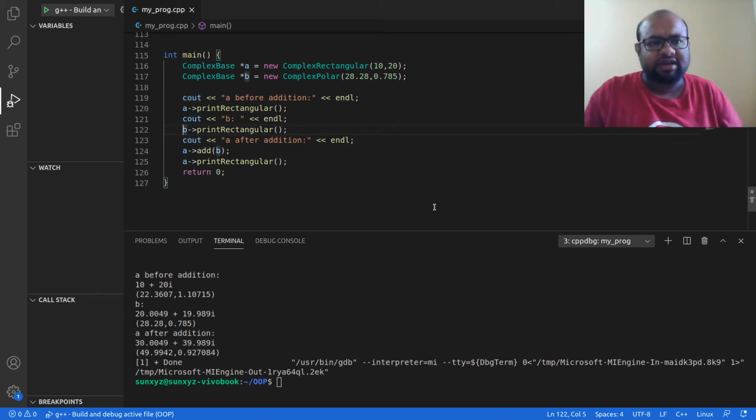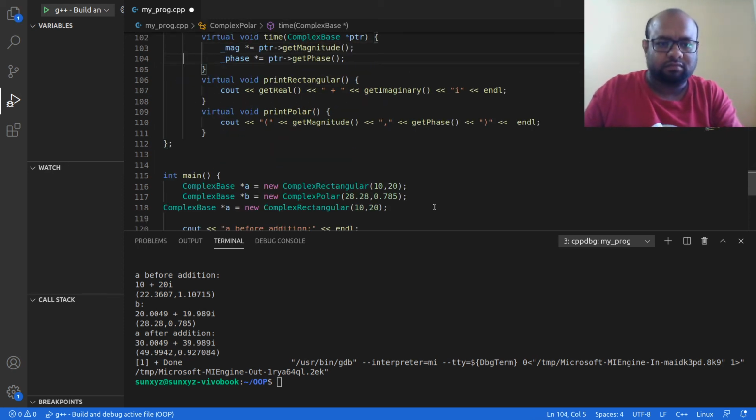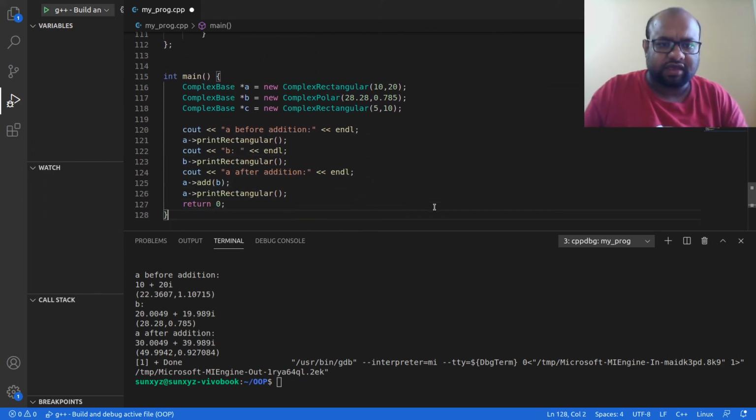Then let me create another complex number, C, equal to 5, 10. So I have A, I have B, then I print A after addition.